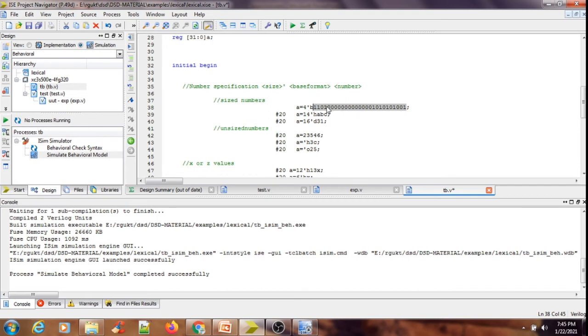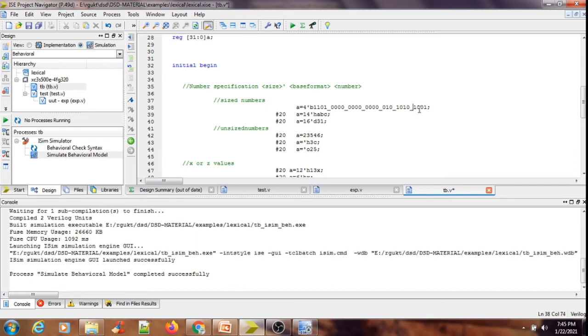It is highly impossible. So in order to overcome this, what I will do is simply put an underscore after every 4 bits. That means it is useful for readability purposes. For increasing our readability or fast reading, we use these underscores like this.